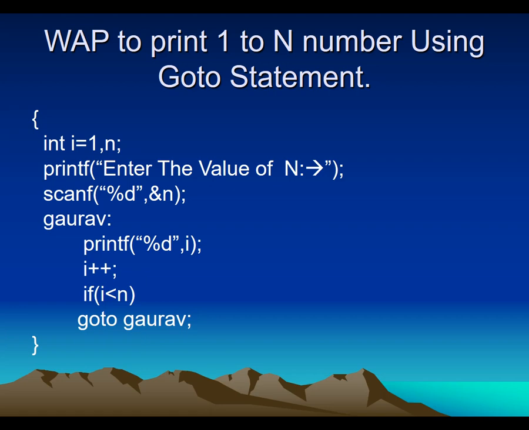Because C is a structured programming language, everything should go line by line on a conditional basis, and the goto statement might violate the conditional structure of the entire program, and it unconditionally terminates the sequence of the code. That's why the expert society does not suggest using the goto statement in routine programming, but the concept we need to study as given in the syllabus.